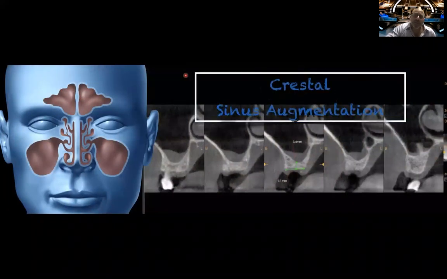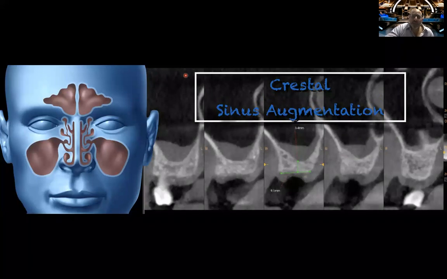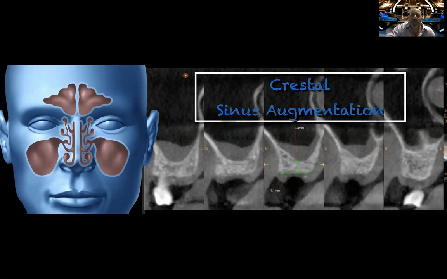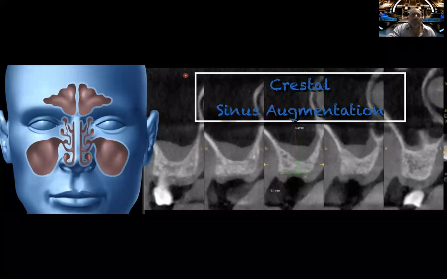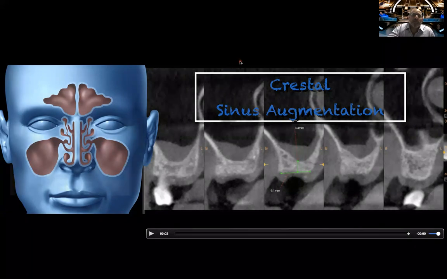The other concept that we're going to be describing is crestal sinus augmentation. I very much like doing lateral lifts. I've done them for years. But now, since the advent of osteodensification, my amount of lateral sinus augmentations has been reduced dramatically. Where years ago I might have been doing about 6 or 7 lateral sinuses a month, now I might only do 5 or 6 lateral sinuses in a full year because of this technique, this technology that has evolved through